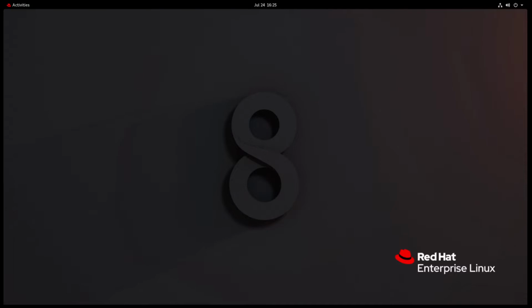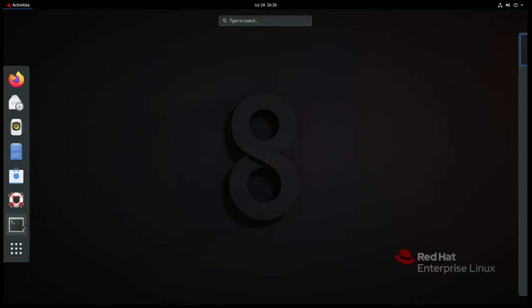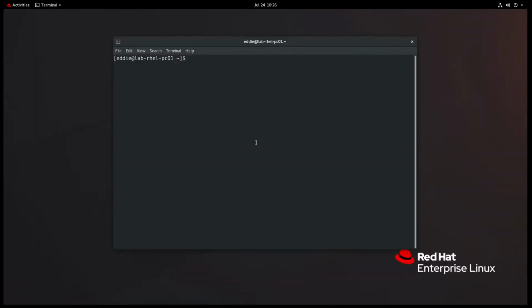In this video, we're continuing with the install and configure an Ansible node set of objectives for RHCE, and I'll be looking at the create and use static inventories to define groups of hosts. So I'm here with my Red Hat Enterprise Linux workstation. Let's open the terminal and go to our control node